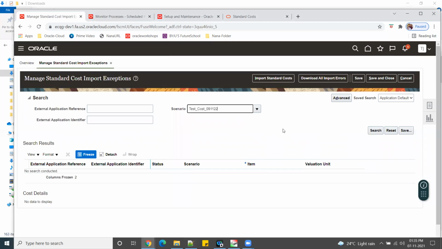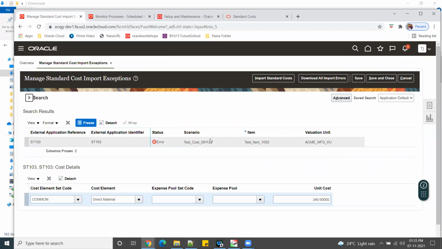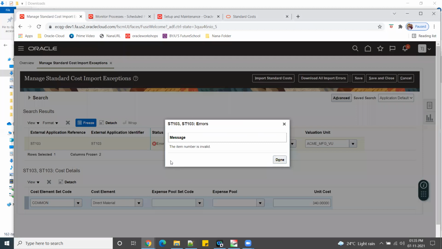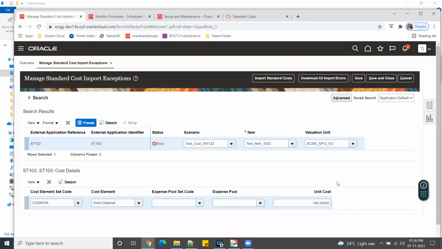Under that scenario, whatever rows have failed, the system will give all the errors here. Since I have two rows, one doesn't have any error, the second one has an error. So for test item 1002, if you click on that error, the system says the item number is invalid, does not exist or invalid. And for the first one, it has not given an error, which means we don't have any issue with the first one.